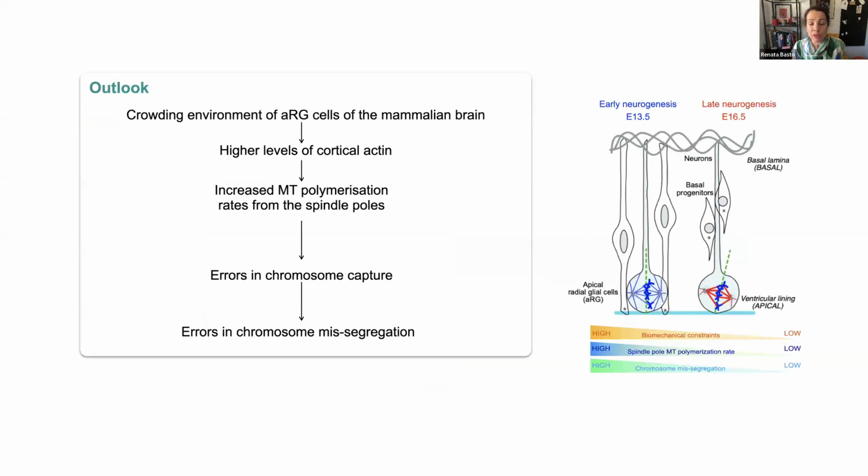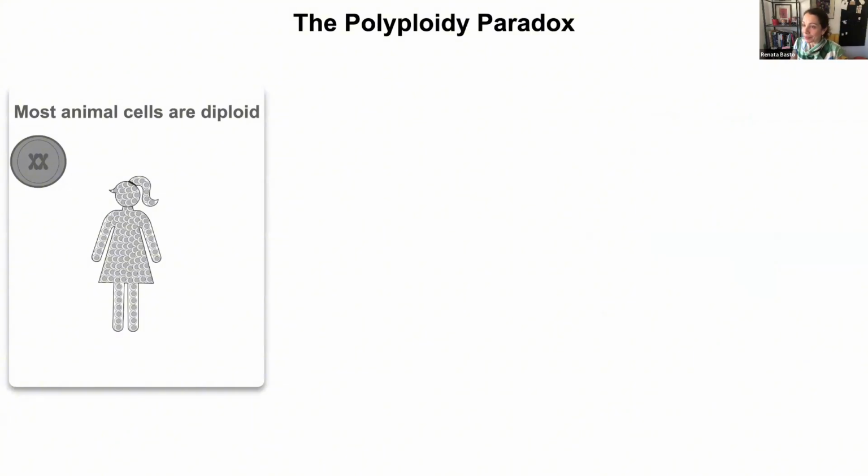So we're building this idea that the crowding environment of a developing brain, and most likely this is also true in humans, is associated with requirements of having higher levels of cortical actin, which instructs for microtubule polymerization rates that are actually increased when compared to later stages of development, leading to errors in chromosome capture and errors in chromosome missegregation. I will now change completely to another project that's been developed in the lab that is related with